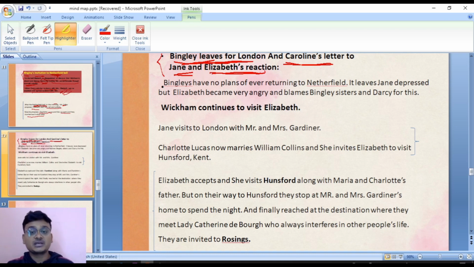Jane was very much depressed. Okay, Jane was very much depressed. Was disappointed. Okay, and when Caroline's letter came to Jane, Bingley's family has no plans. When Jane received a letter from Caroline, she came to know that